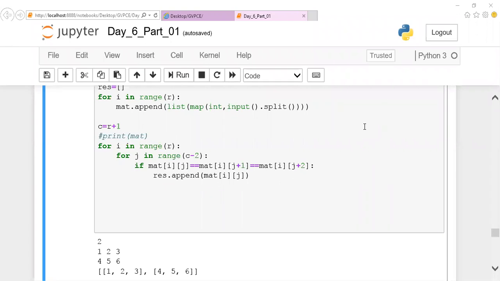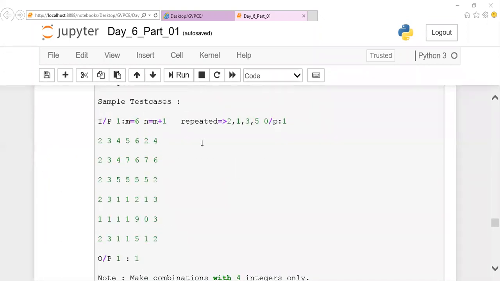Just a minute, give me a second. Maurya, look at your condition, the range condition. If the i loop executes 6 times, what will happen? Take this matrix and check it. If the i loop is given a range of 7, then what happens here? It will go index out of range.